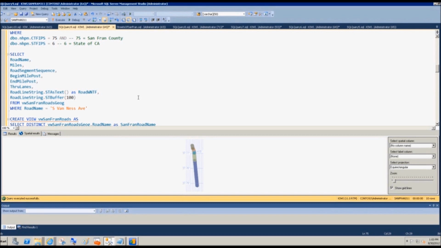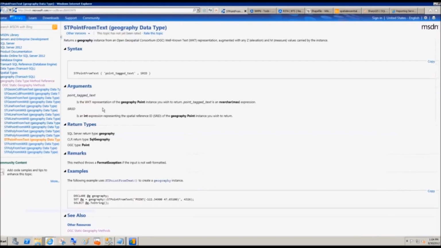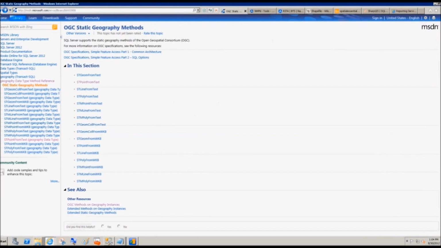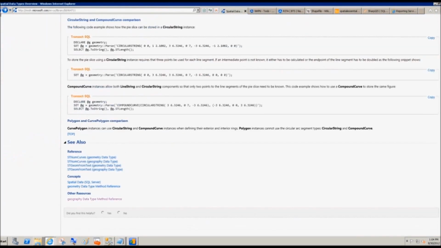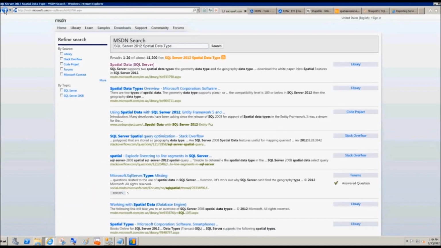So what do we have now? We have our incident points. We have this table that has this view that has access to all the roads within San Francisco. And I've introduced you to the method STBuffer. And again, you can go back to the Books Online pages to look at all the different methods available to you. And just really quickly, what the heck, I'll go back and show you,